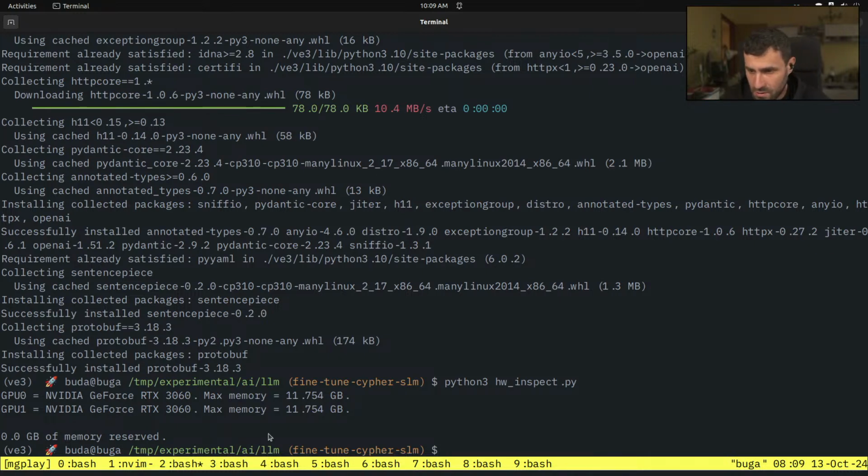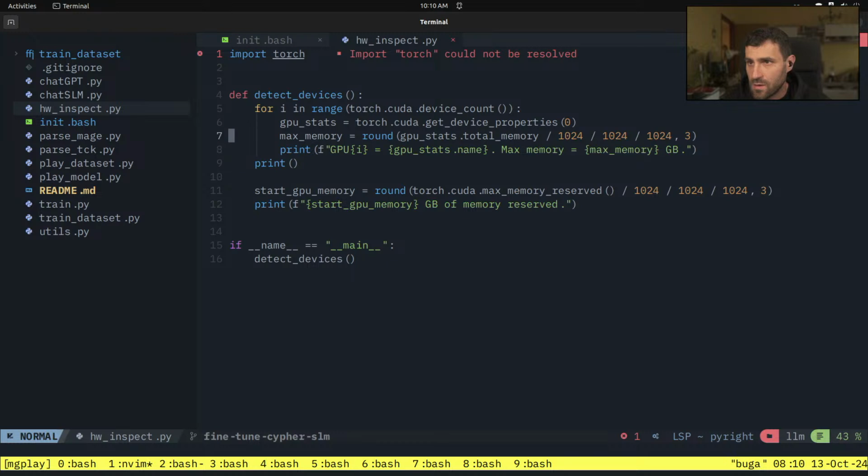I forgot to mention that, but you actually need to install the NVIDIA driver and all that on the system. That's probably a bit of a challenge, but it shouldn't be too hard to get the NVIDIA driver up and running. And once you do that, then it's relatively easy to install these Python dependencies and get started. Libraries like Torch and others automatically detect if there is a GPU, and they install the appropriate